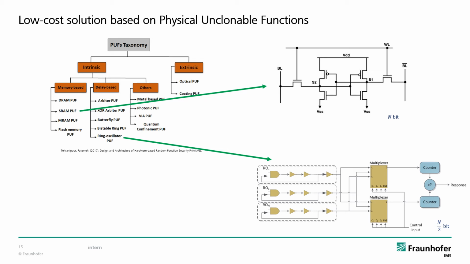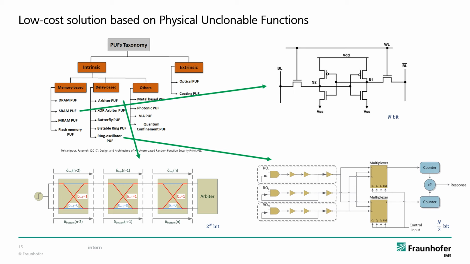An example for a parameterizable PUF is the arbiter PUF, where propagation delay of two competing signal paths is measured by a so-called arbiter. The signal path is binary alterable, and therefore 2 to the power of n bits can be generated with n delay stages. Because of the exponential growth of output or response bits with the number of elements, the arbiter PUF is considered a so-called strong PUF.